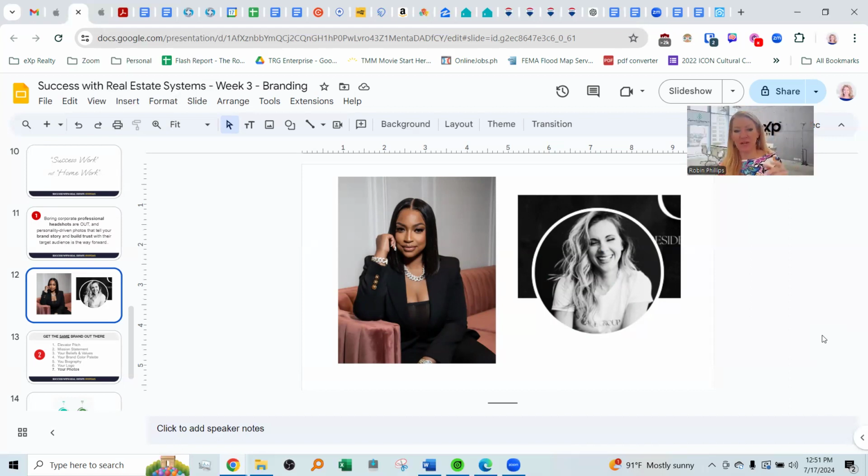And then I pulled this other picture, which I thought told a completely different story. I'm sorry, these are both women for all the men. Sorry, Jim. But I feel like this is really important too, because this person is out of LA. I don't know who she is. I mean, I know her name, but I don't know her. She's out of LA. She does high-end luxury, 10 million and up,